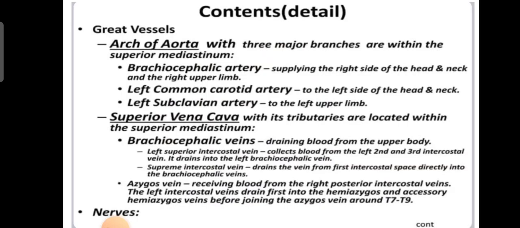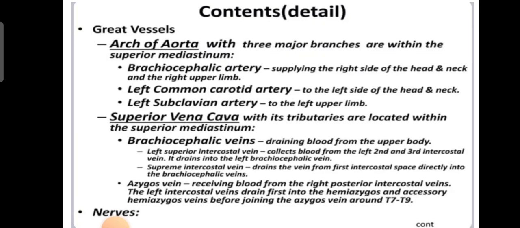So in this way we should give some detail about the contents of the mediastinum. Here we include the arch of aorta with its three major branches, which are lying in the superior mediastinum. It provides the brachiocephalic artery, which supplies the right side of the head and neck and the right upper limb. The left common carotid artery supplies the left side of the head and neck, and the left subclavian artery supplies